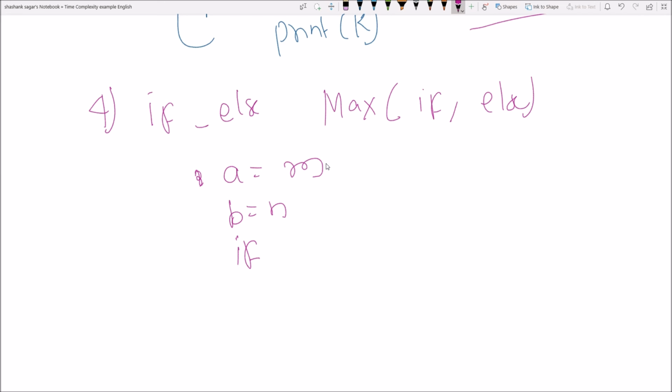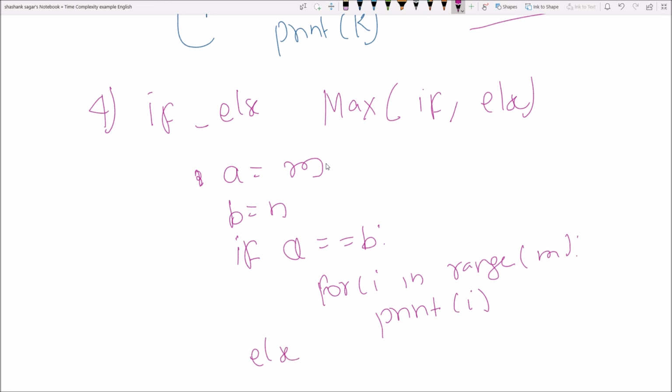Suppose I write if a is equal to b, then for i in range m, print i, else for j in range n, print j.